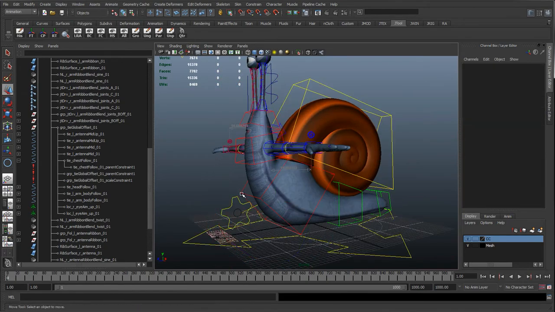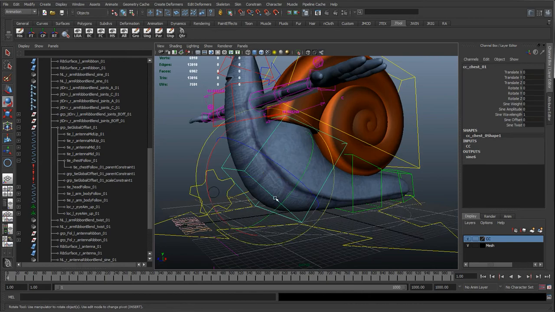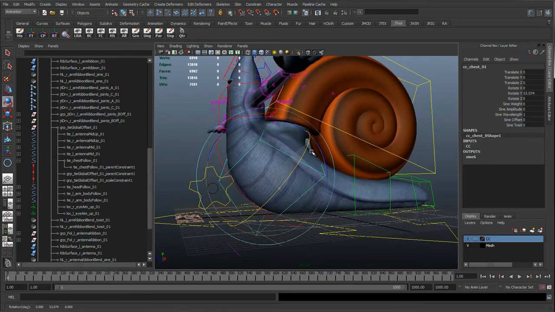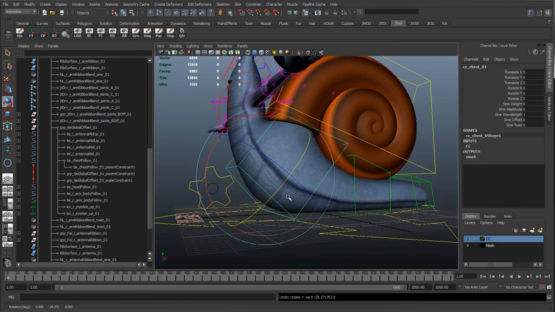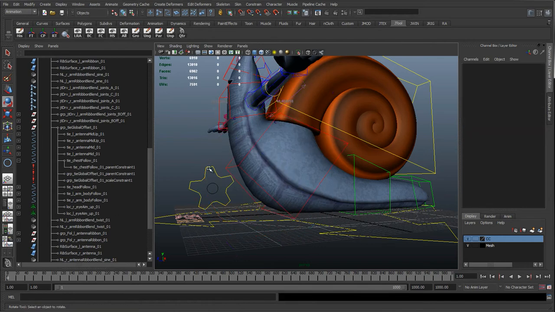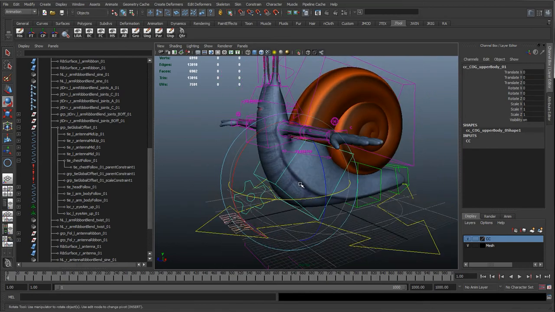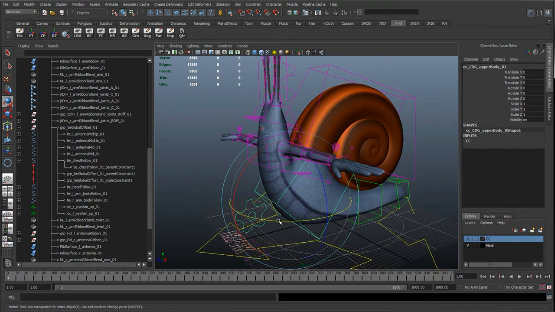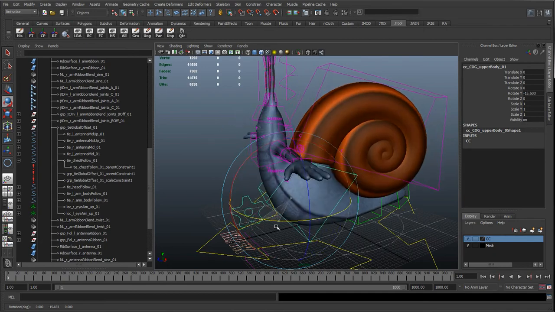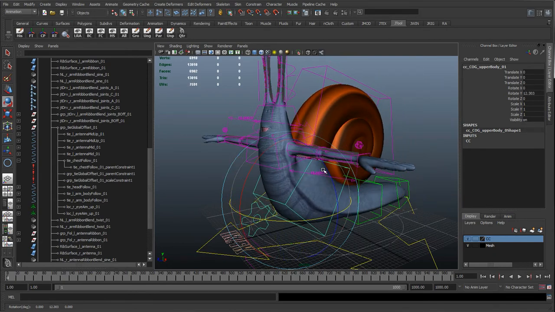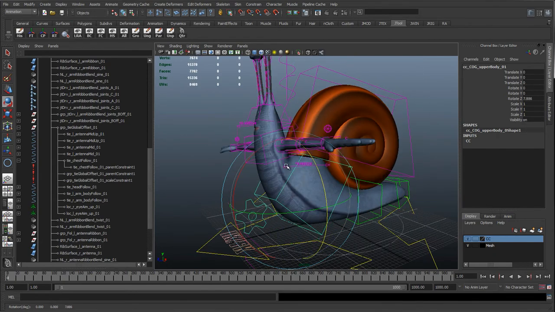So especially with this chest control, we've still got the ability to rotate the chest control along the axes of the spine, which is what we want to keep. We wanted that rotate offset group, but now we also have the ability to simplify the animation. A lot of the character's motion will be swiveling from left to right, if he was talking to someone, or if he was swaying backwards and forwards.